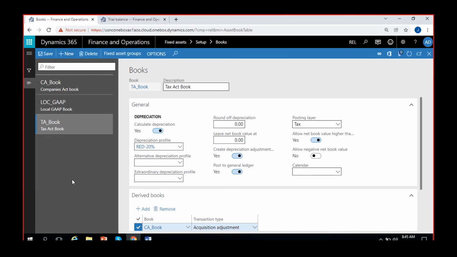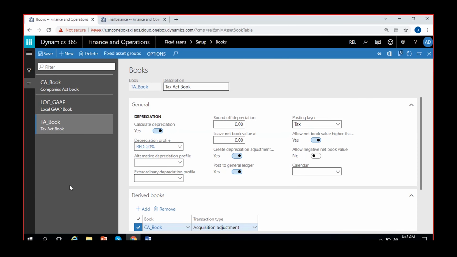But if you do not link books to the fixed asset groups, whenever you create any fixed asset using any group, you have to specially link the books to the fixed asset. Manually, you have to link it. That is also there. You can also do that. Manually, you can link a book to the fixed asset each time you create a new fixed asset. If you want one or two books, or if you want all the three books, you can link them